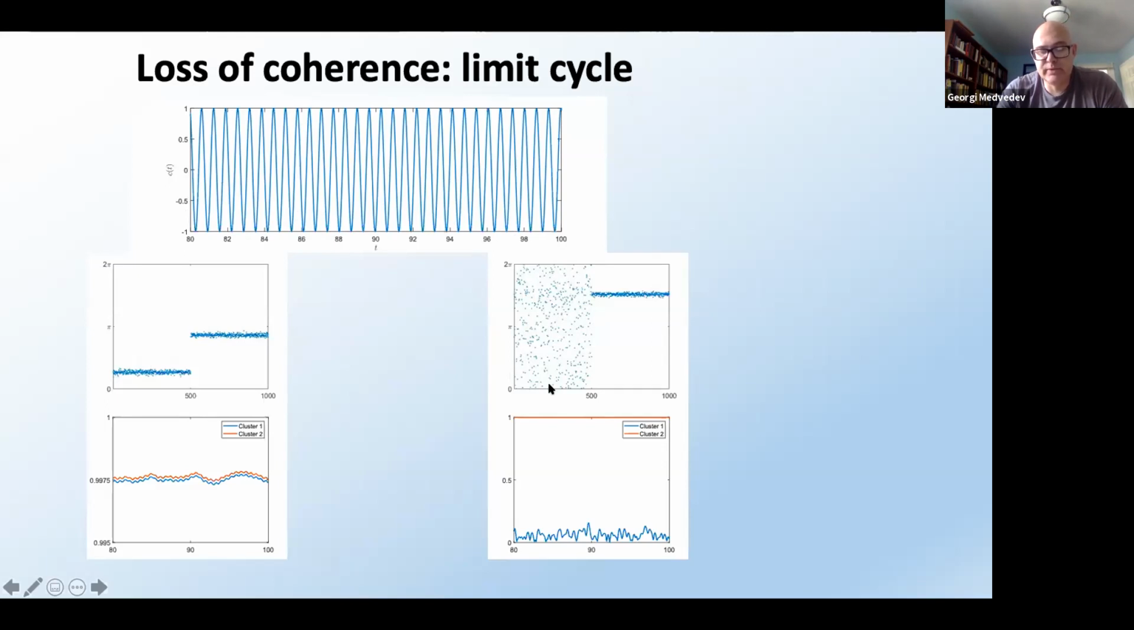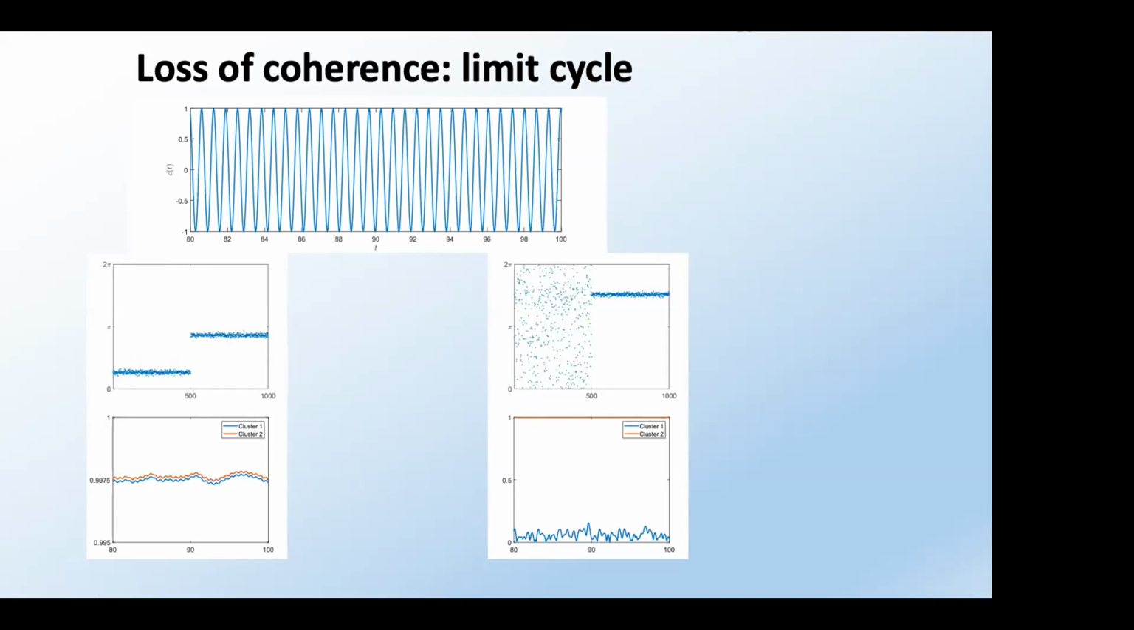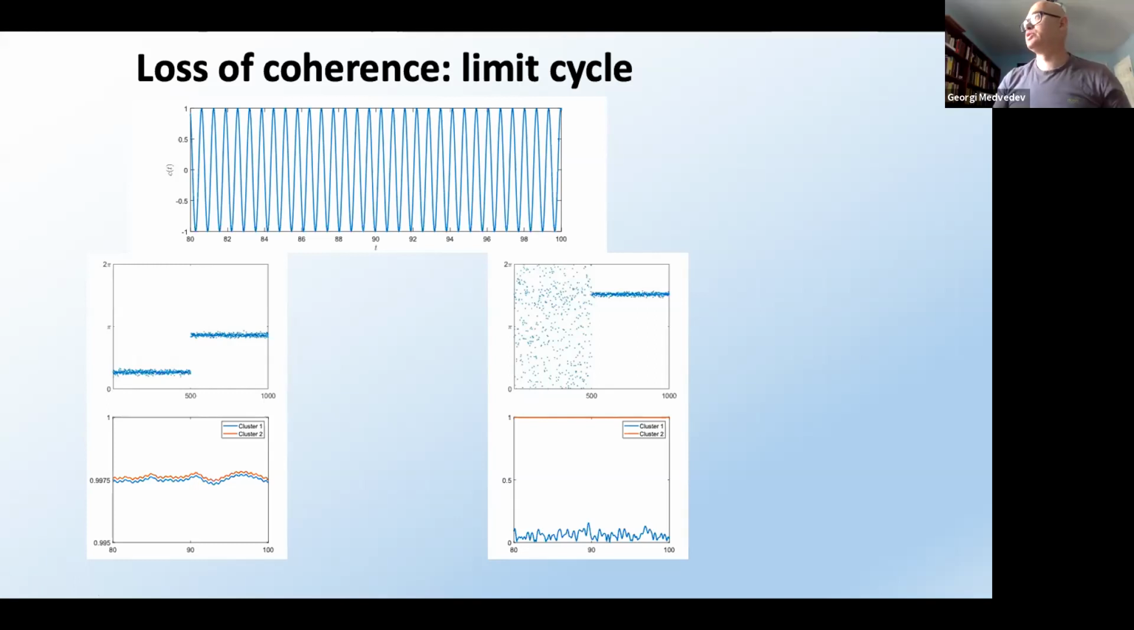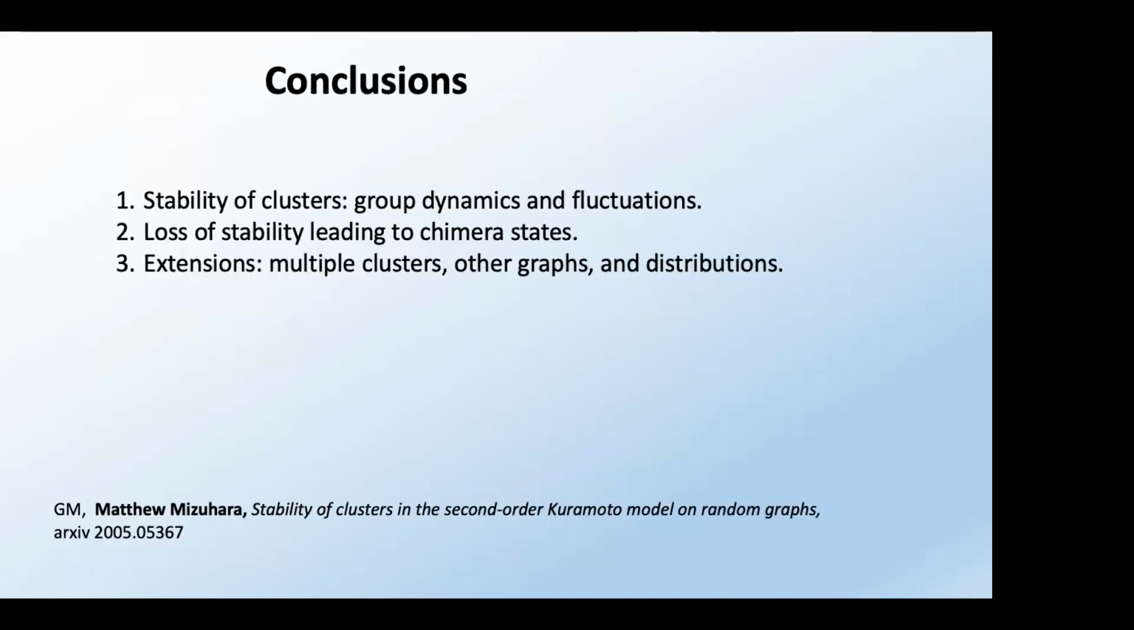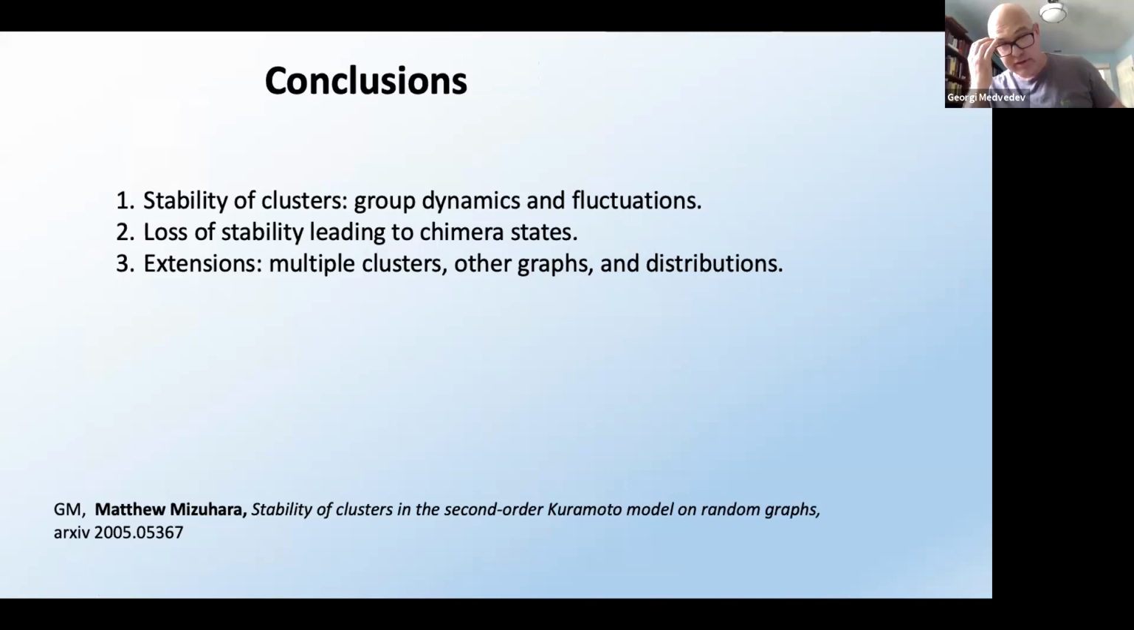And so this way we can find a mechanism by which the cluster state loses stability due to the loss of coherence in one cluster, right? Okay, so I think I'm out of time, so I will just